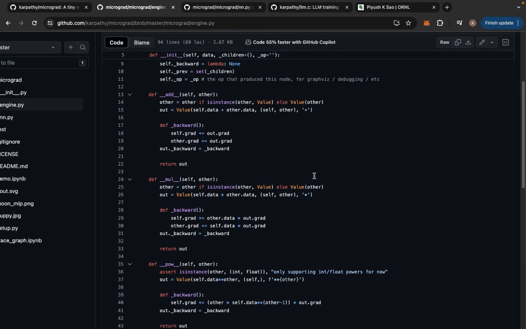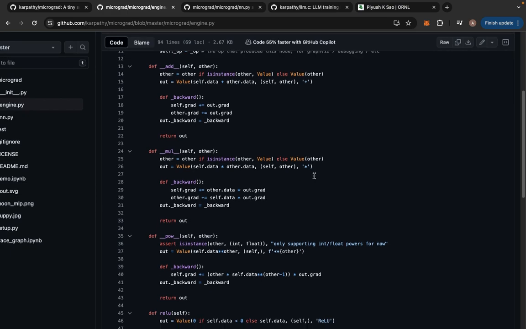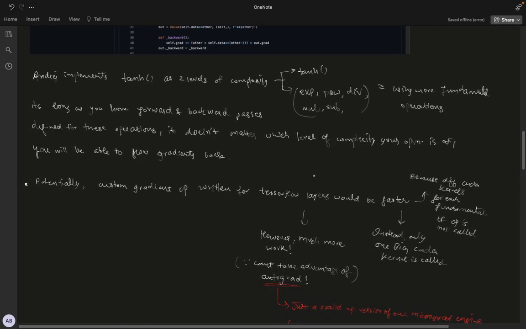and also a backward function. And on another level of complexity, he composes tanh from various fundamental operations like exponentiation, power, division, multiplication, subtraction. So a parallel you can draw is these are fundamental TensorFlow operations, and